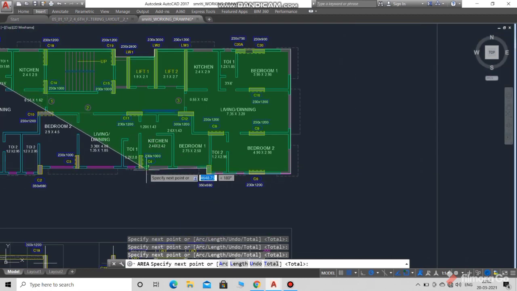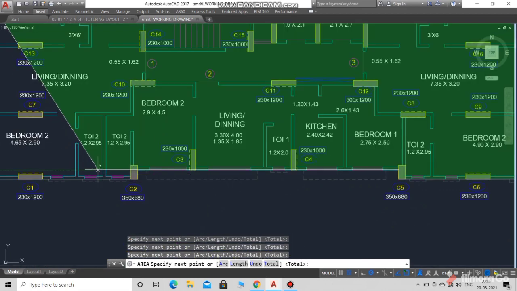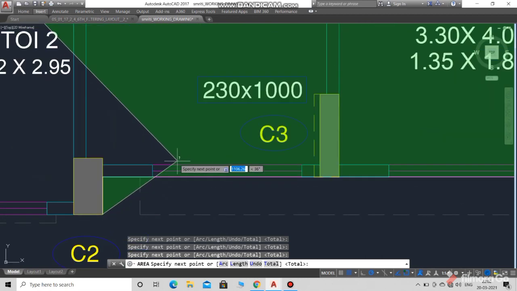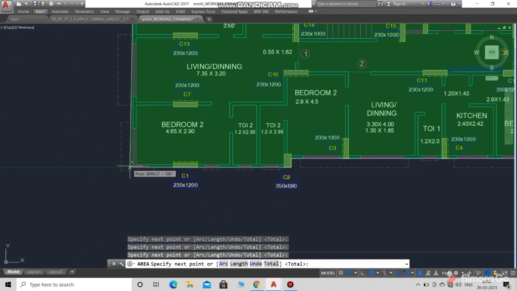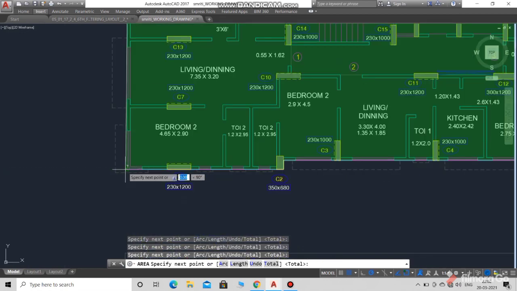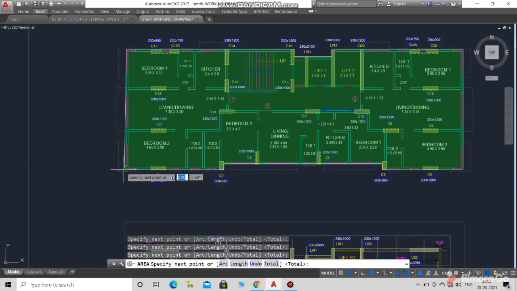For a more accurate area measurement, you have to select each and every point where there is an offset in the plan. So you can see this area covered by green shade. This is the actual area for measurement.